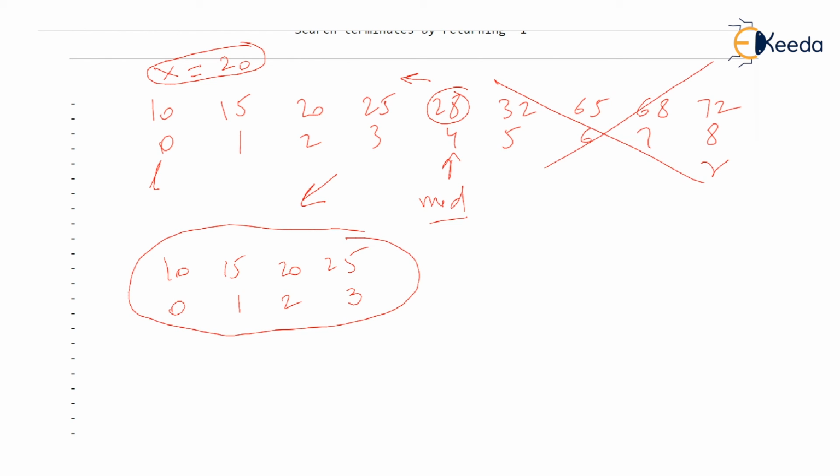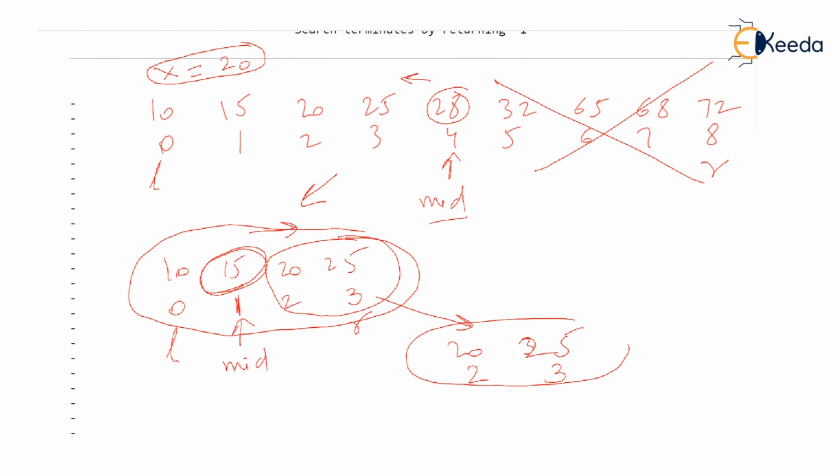Now left is 0 and right is 3 and we find out the midpoint. Midpoint is going to be 0 plus 3 upon 2. 3 upon 2 is 1. And we will just check, is this midpoint 1 storing 20? And it isn't, but 20 must be to the right of 15 because it is larger. That means we are going to concentrate on elements from 2 to 3. So we are now taking the right partition which is storing 2 to 3 elements, and we say that if 20 is present, it must be present to the right of 15, that is right of midpoint. So L has become 2 and R is 3.